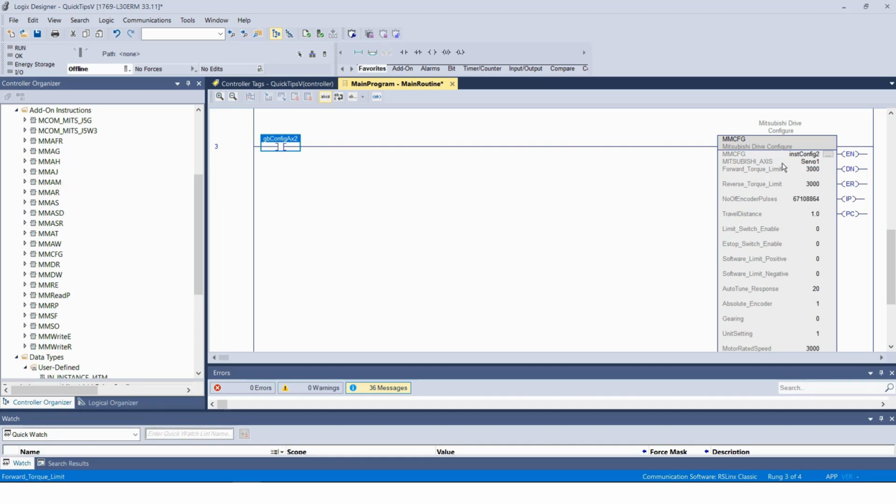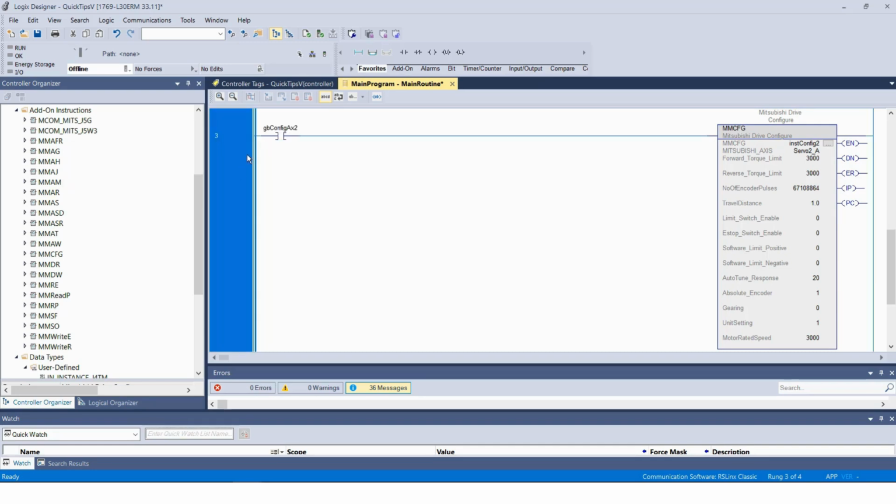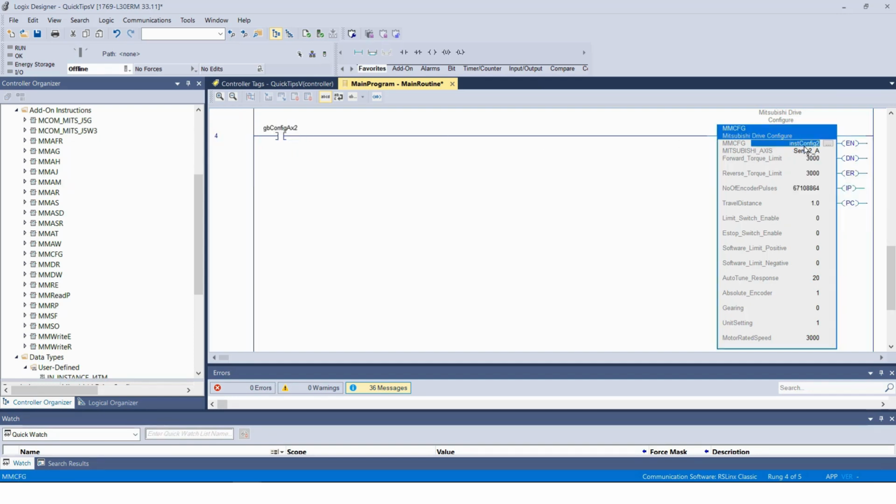Now you can see I create that, so different axis but the same AOI, so I have to set servo 2, I believe we give the name. So now I'm writing the servo 2 axis A, and similarly I will copy and paste, and I will do the 3, the instance name,